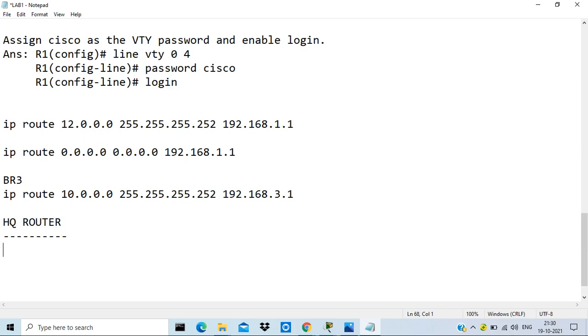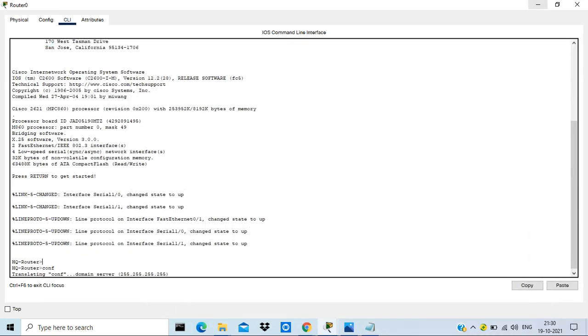The first route will be for branch 1, that is ip route, and then 10.0.0.0 network, and 255.255.255.252, and the gateway will be, I think, 1.2.